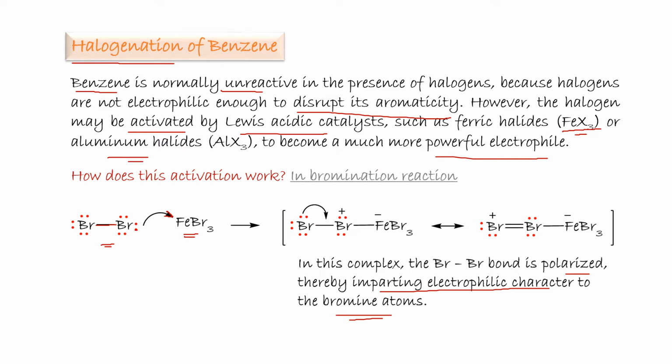So this one here is partially positive because it's connected to the positively charged Br in the complex. It can donate two electrons and form a double bond and becomes plus. So with this polar Br plus,